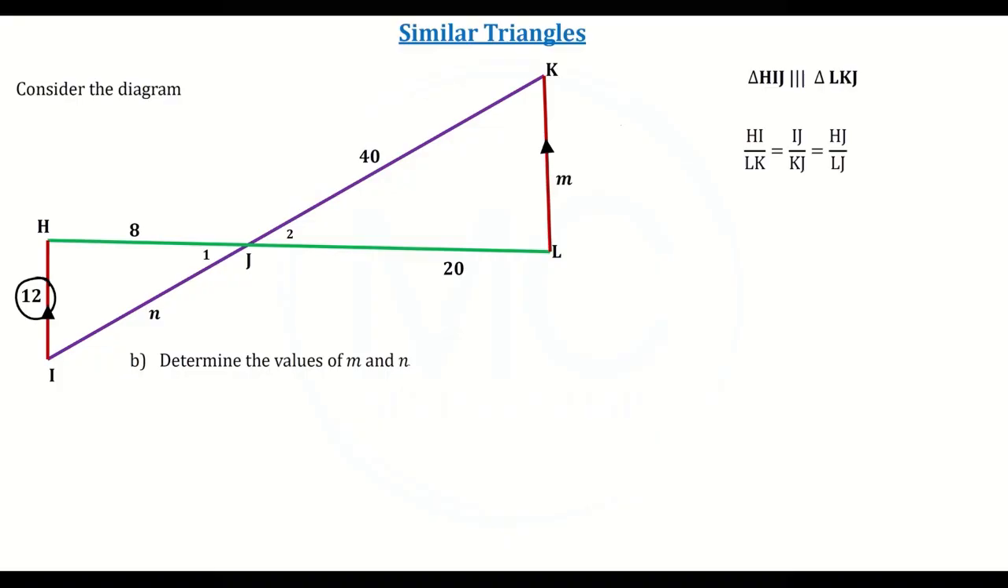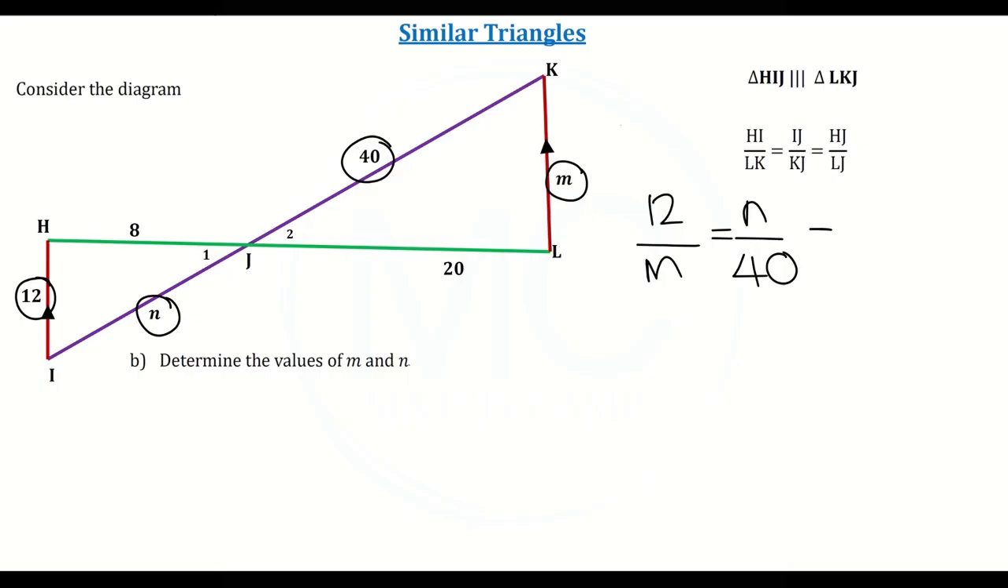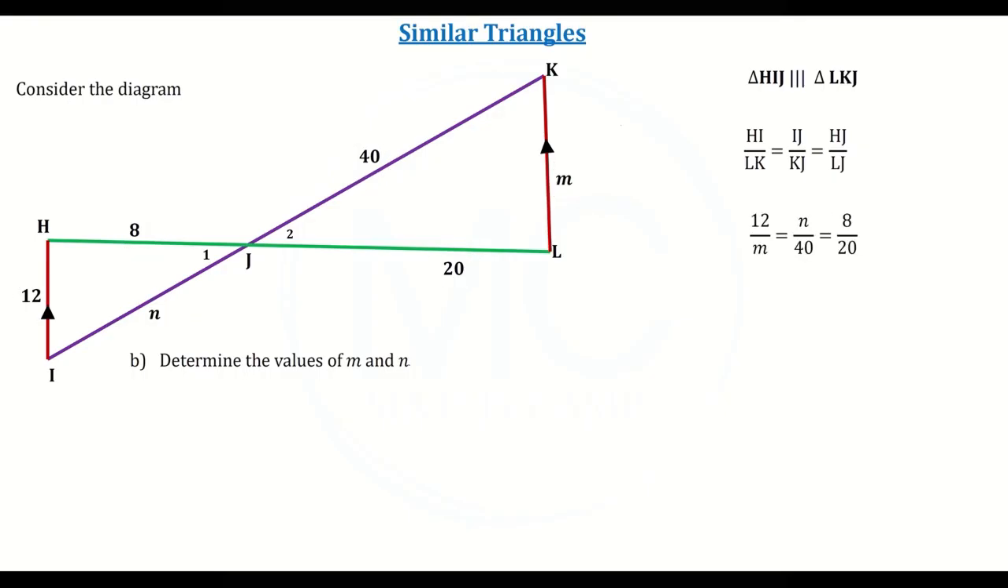HI is 12 units long, so we can say 12 over LK, which is M. Let's leave it as M for now, is equal to IJ, which is N, we can say N over KJ, which is 40 units, so we say 40, and we make this equal to HJ, which is 8 units, over JL, which is 20. Now we have two similar triangles, so all three fractions are equal to each other,